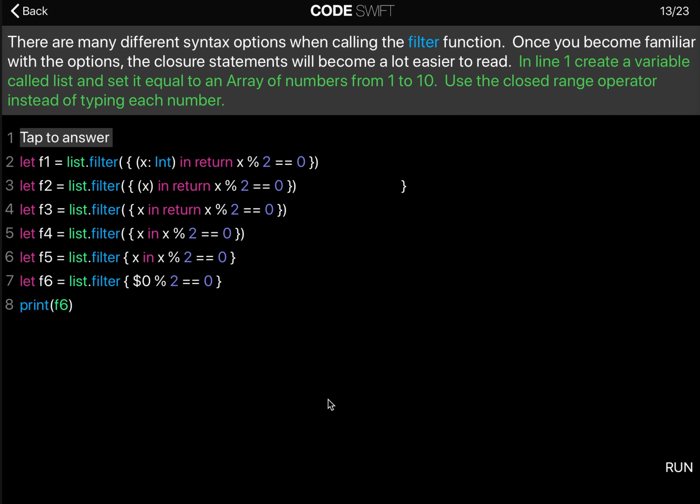There are many different syntax options when calling the filter function. Once you become familiar with the options, the closure statements will become a lot easier to read. First, in line 1, create a variable called list and set it equal to an array of numbers from 1